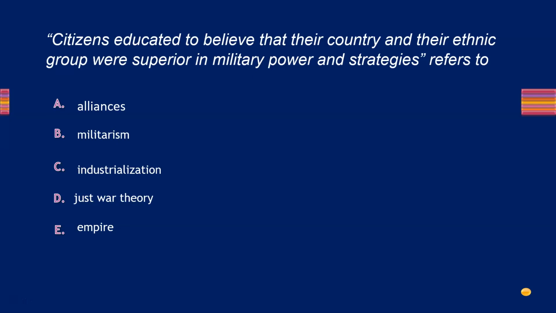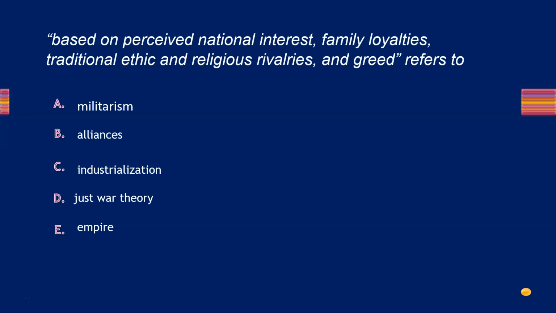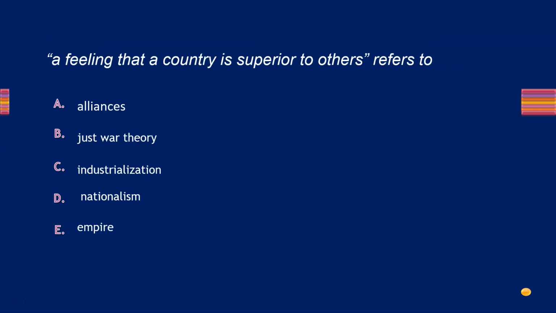Citizens are educated to believe that their country and their ethnic group were superior in military power and strategies. Refers to military power was superior? Militarism. And these were based on perceived national interest, family loyalties, traditional ethnic and religious rivalries, and greed. So what were based on those things? Alliances. And what is a feeling that a country